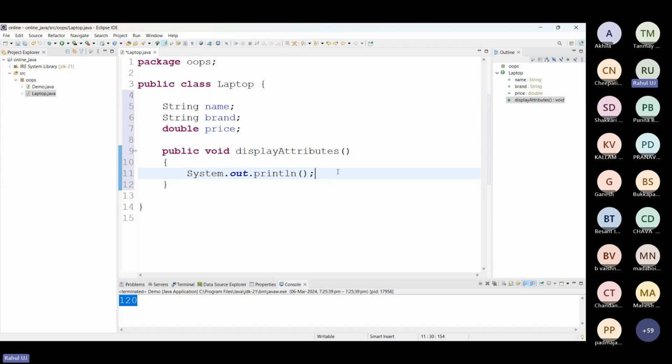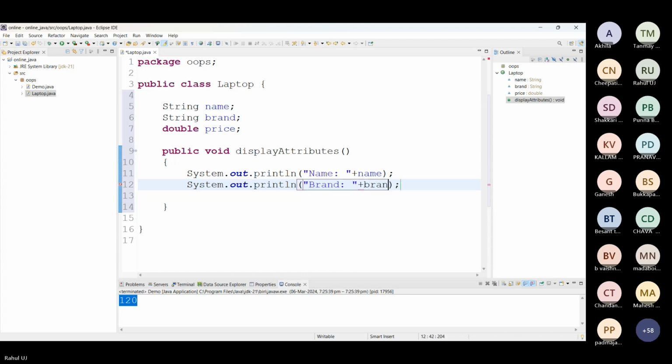If your program has red marks, it will not allow you to execute. So I will print name, brand, and price.